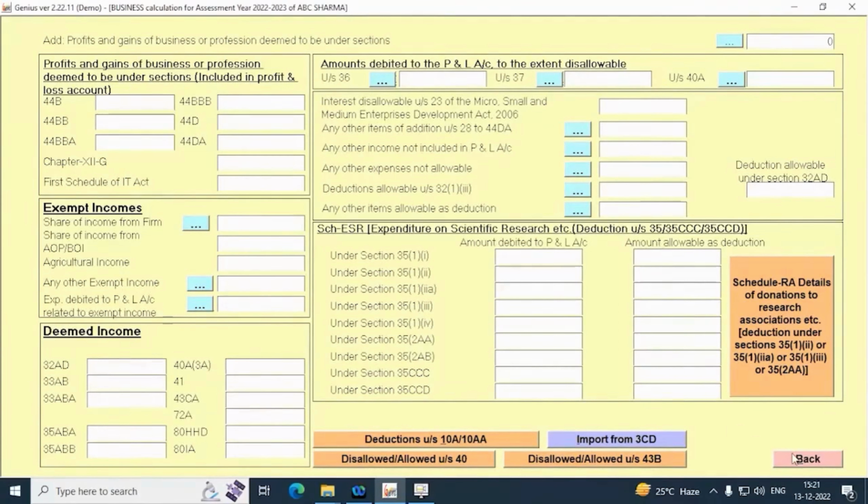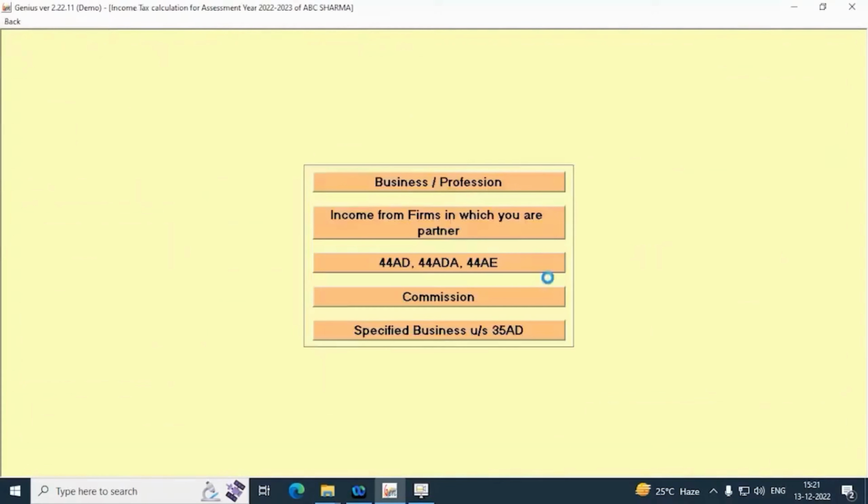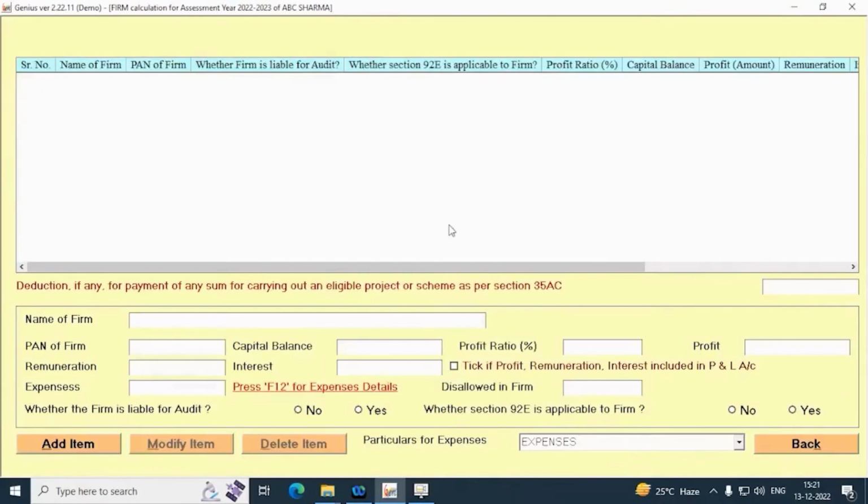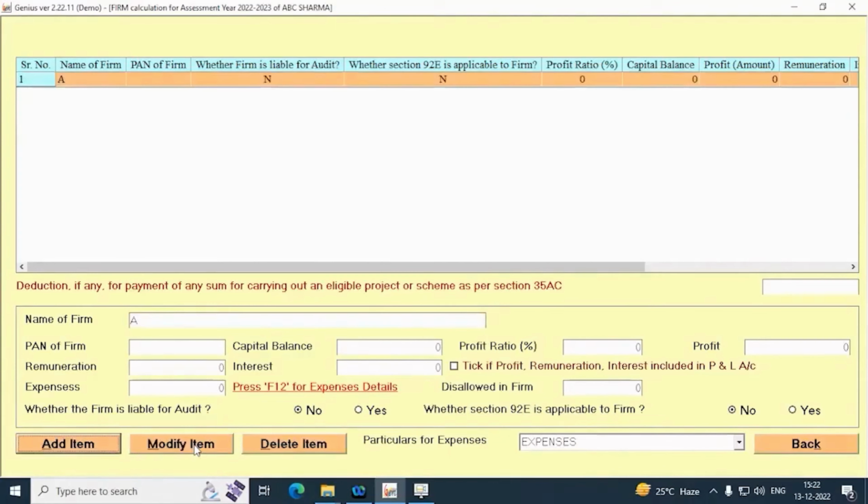In the second tab of Business, you can fill the income from firm in which you are a partner like remunerations, interest, expenses, capital balance and whether the firm is liable for audit or not.